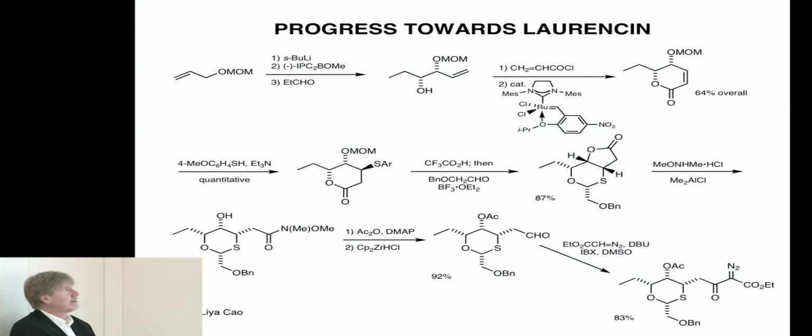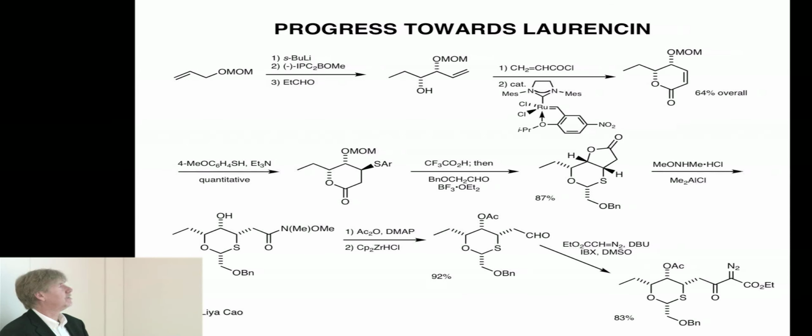We can take the free alcohol, acylate it with acryloyl chloride, and then that gives us a diene that we can close by ring-closing metathesis with this Grubbs-Hoveda catalyst to give this unsaturated lactone in 64% yield overall from protected